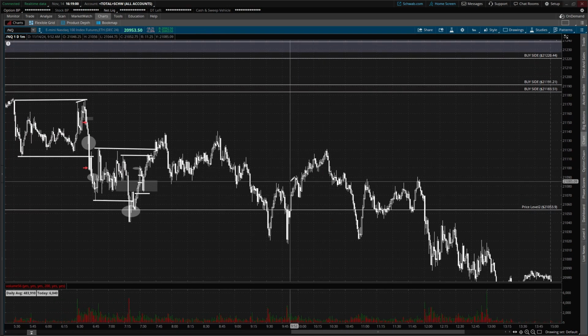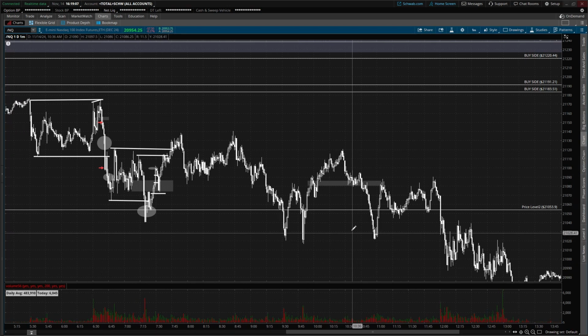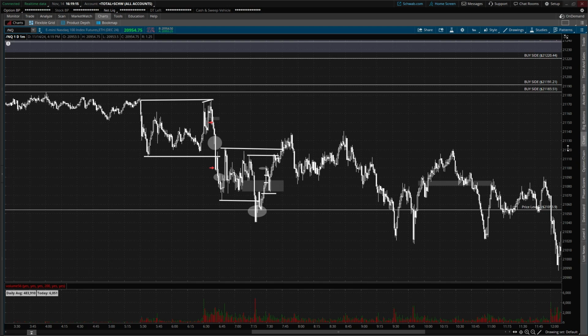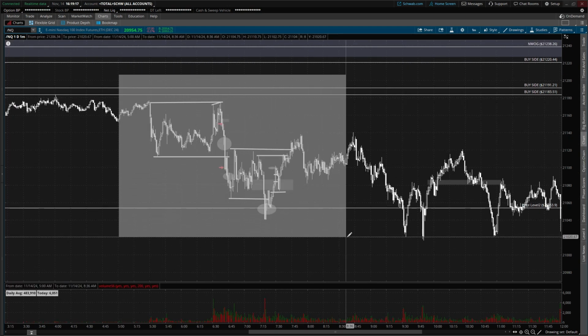I called an inverse trade here that ended up ripping, but again, I just wasn't too confident in calling it with the market being slow, and then out of nowhere it gets aggressive, but I'm totally fine. If you take both of these trades here, 50 points, 35 points, we look at an 85 point gain day. That's a beautiful day. But that's going to be it for the November 14th recap.